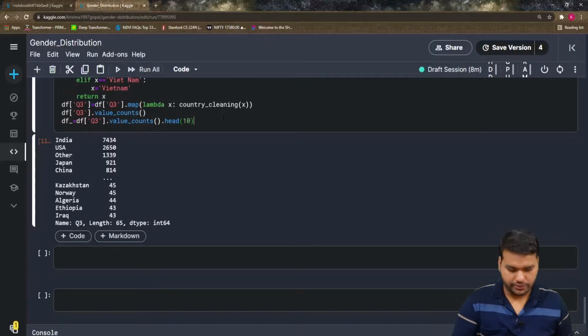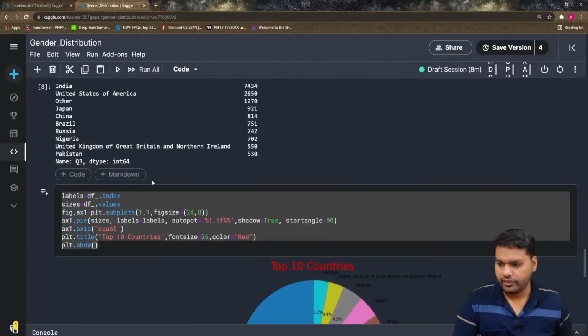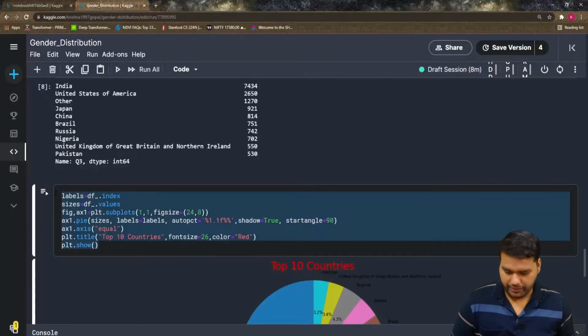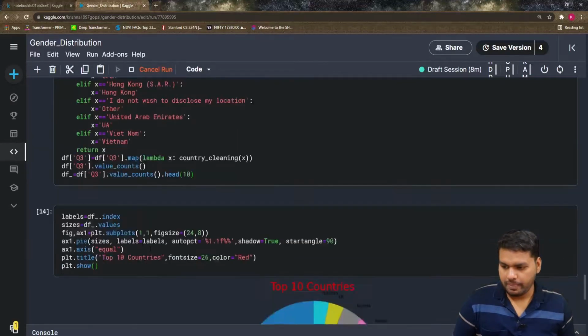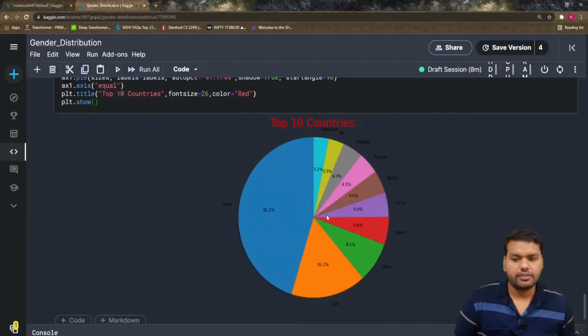Only 10 values, right? And then we just copy and paste the previous code and see how the result will be. So now you can see we did the pre-processing, and now the pie chart looks better.